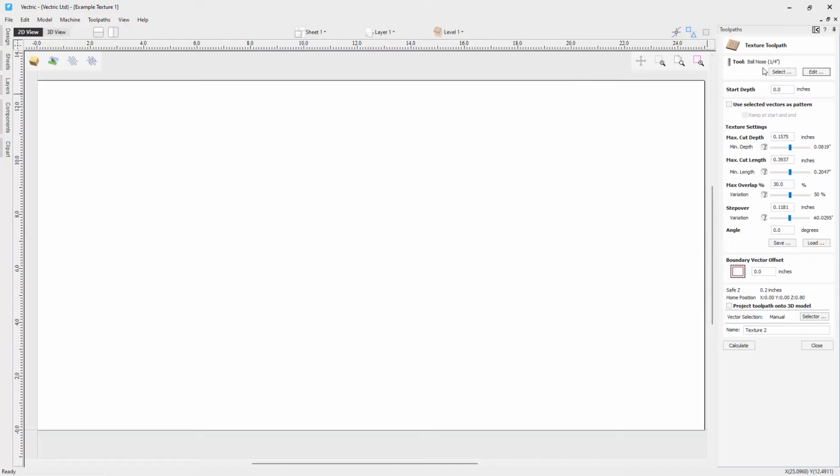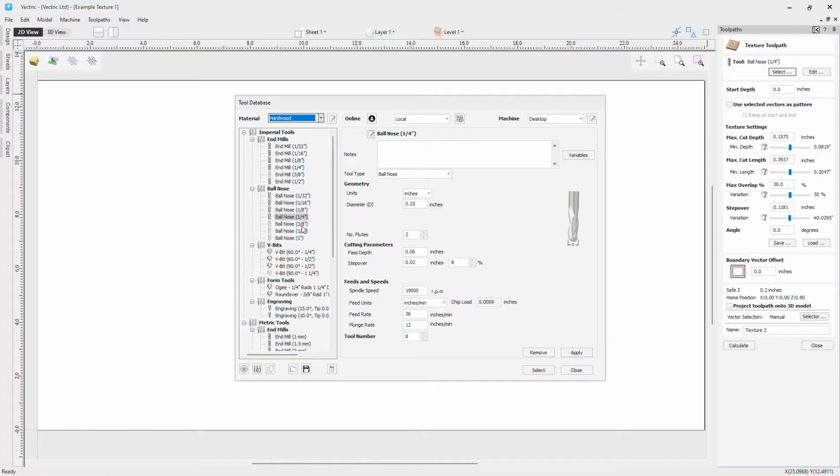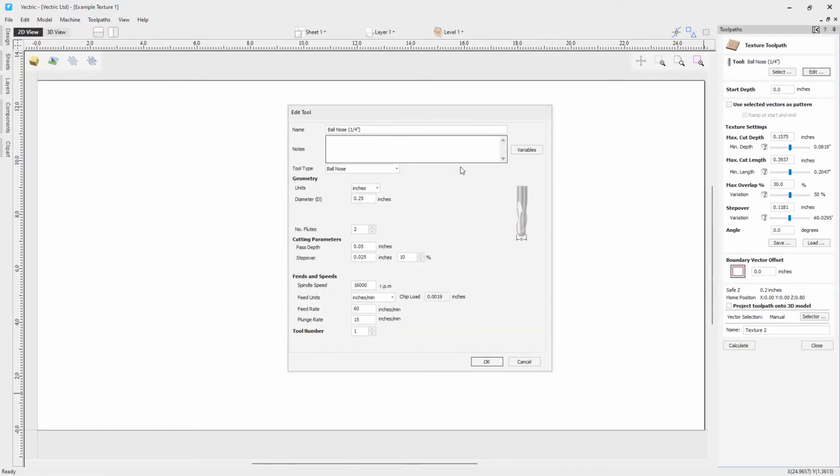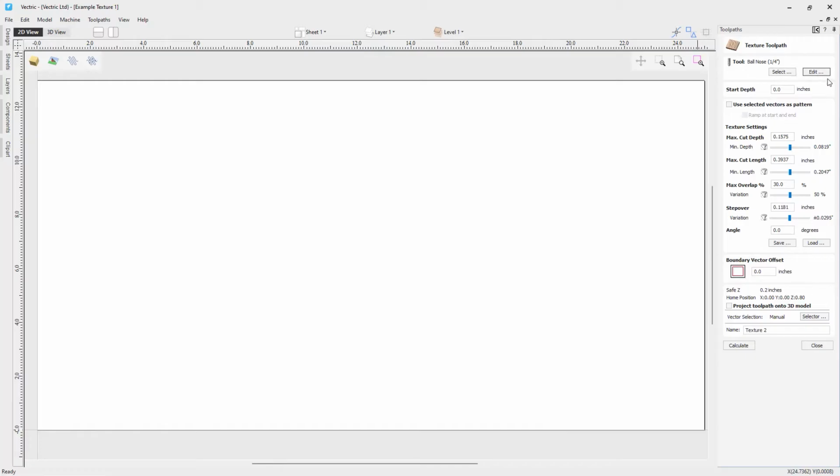So first off, you need to specify your tool. Currently, we have a 1/4 inch ball nose selected from our tool database. Okay, so we're going to go with that 1/4 inch ball nose. As always, if you want to edit any of the settings for this tool for this particular toolpath that we're creating here, then you can use the edit option, and in there you can make the changes to your feeds and speeds or your cutting parameters, and it will only affect the tool according to this particular toolpath that we're creating, and it won't have any effect on the stored database information that you've